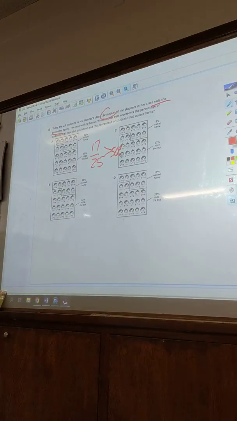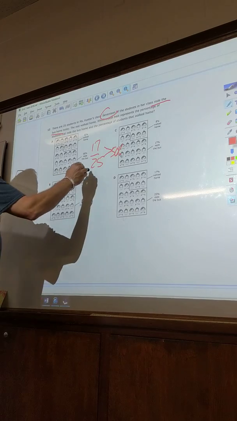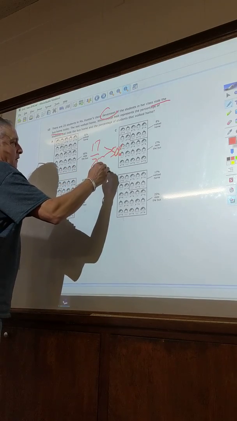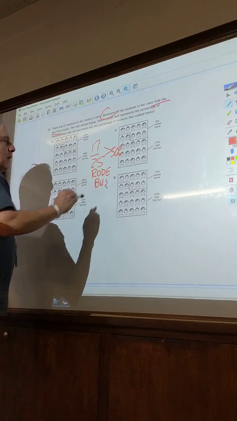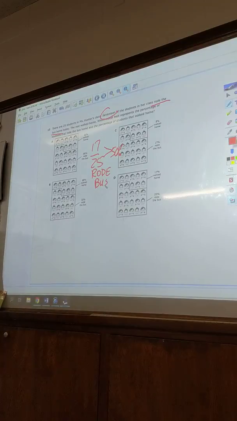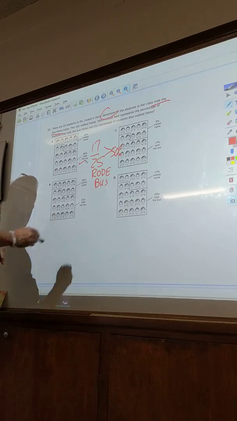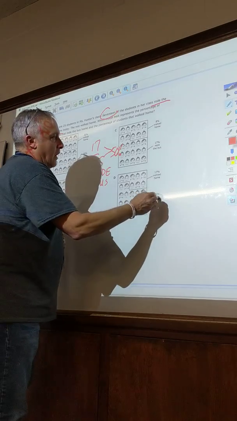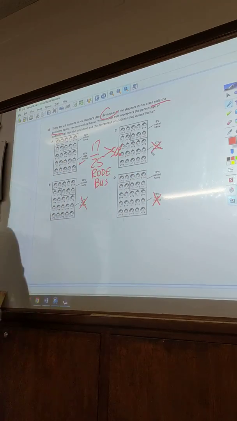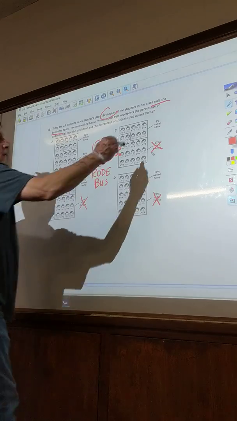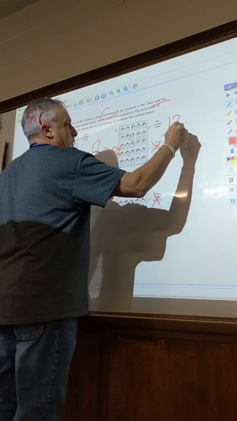Okay? But we need to figure out what did that represent. That was rode the bus. So I'm gonna look for something that's bigger than 50% and rode the bus. That works. That's just me. One of the things that I want them to do, and let me know what you think about this,